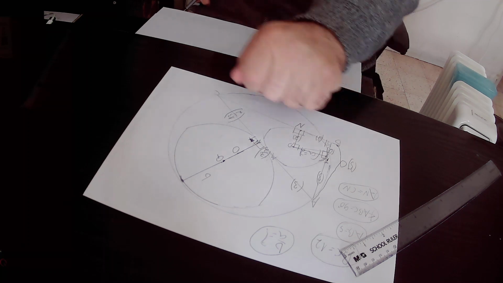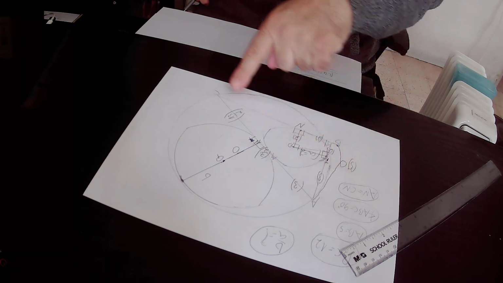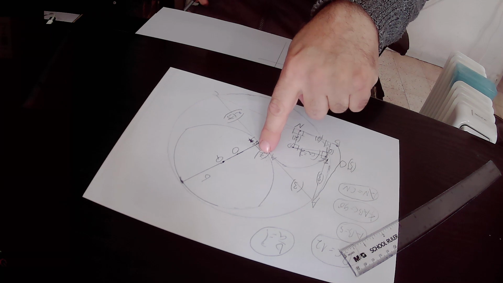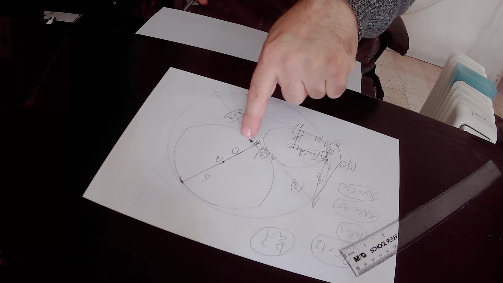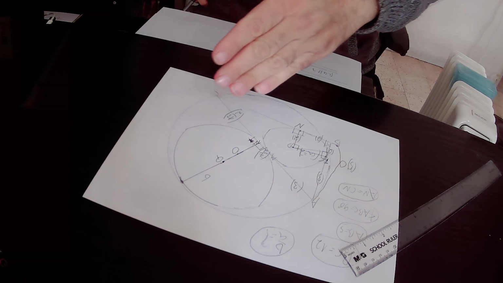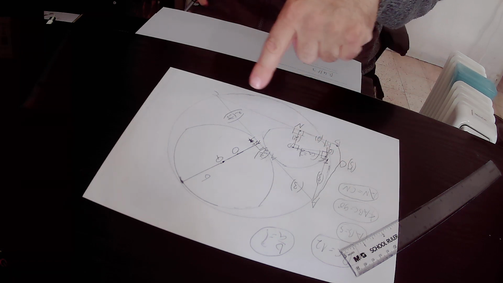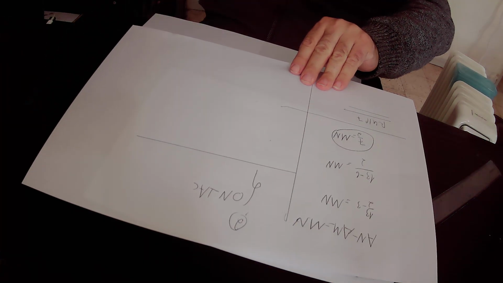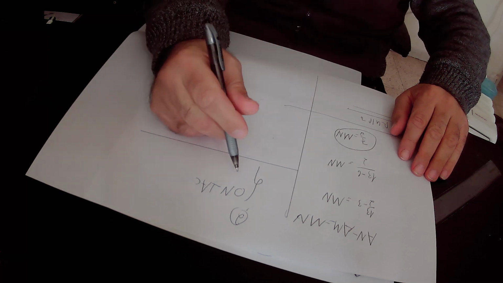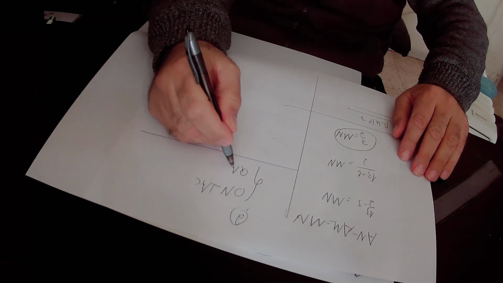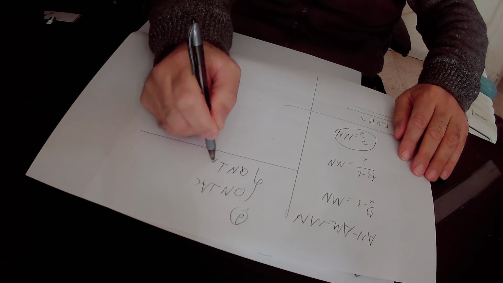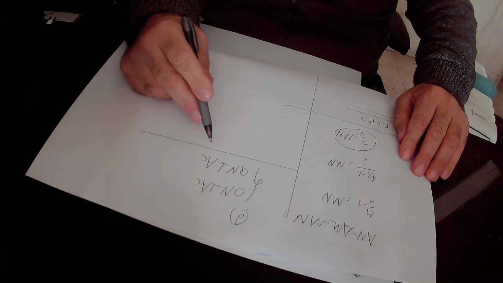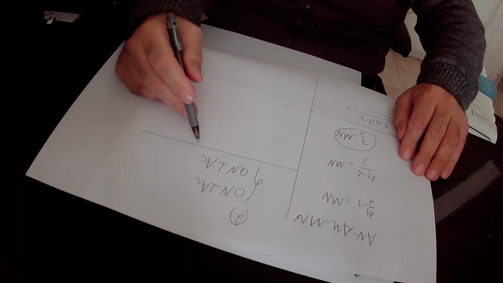and whenever you have a radius that is drawn to the point of tangency, then tangent AC will be perpendicular to the radius NQ. If AC is perpendicular to NQ, it means that this angle equals 90 degrees, and this angle also equals 90 degrees. So we can write down here that the radius QN is also perpendicular to tangent AC. And from those two equations, ON is perpendicular to AC and QN is also perpendicular to AC, we derive that